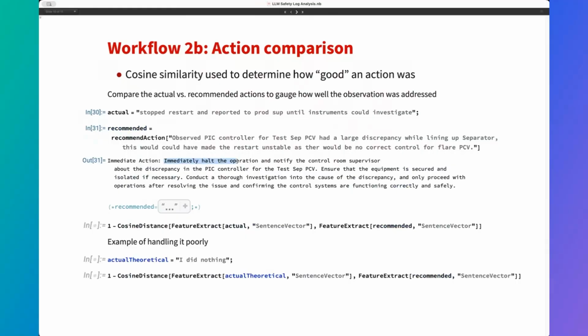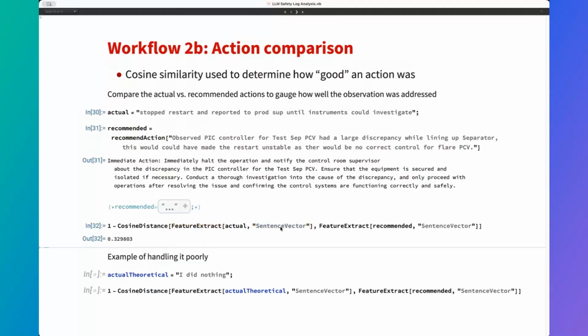So it would say immediately halt the operation, notify the control room supervisor, which is actually very much aligned. And what we can do is essentially turn both of those two responses into numerical vectors by using embeddings. Wolfram has come out with a sentence vector way of doing feature extraction. And we can take the cosine similarity from that. So that gives us a numerical quantity that allows us to compare the actual to the recommended,